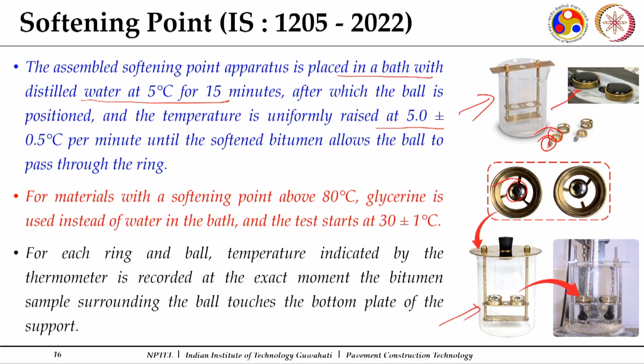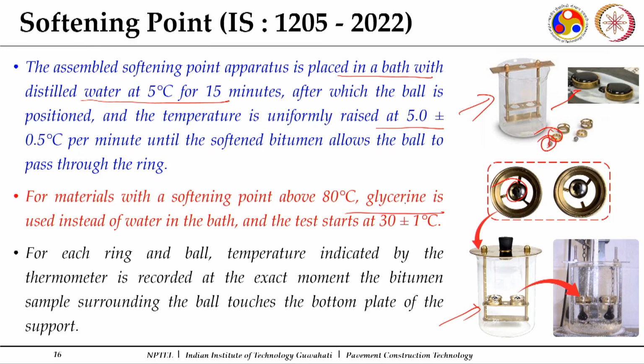So, a gradual increase in the temperature has to be made, and there may be certain binders which may be very hard. So, distilled water may not be suitable for looking at those temperatures where this phase change occurs. In that case, glycerine may be required if the softening point of these binders is more than 80 degrees centigrade, and we check exactly where the binder touches the bottom plate, and that is recorded as our